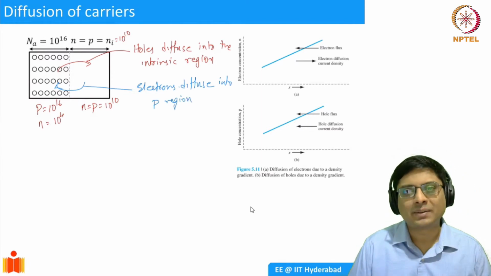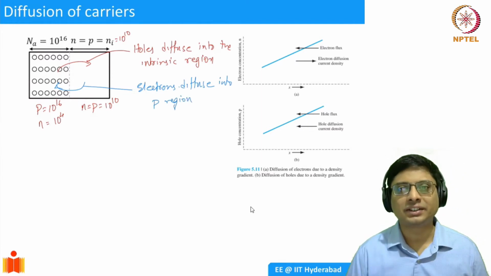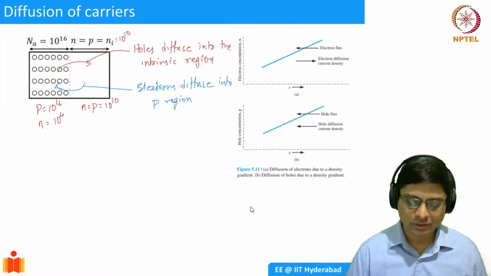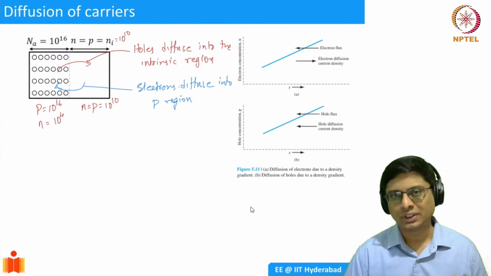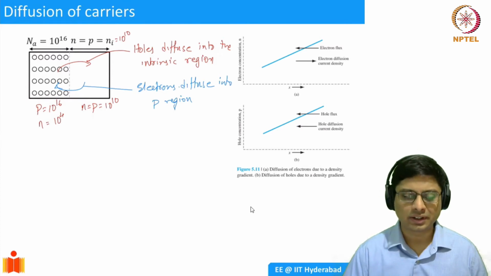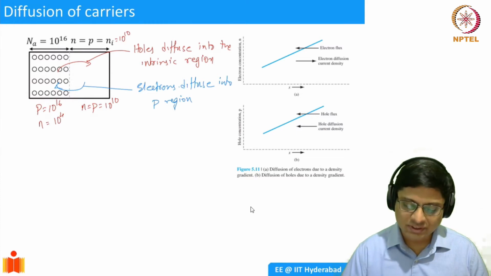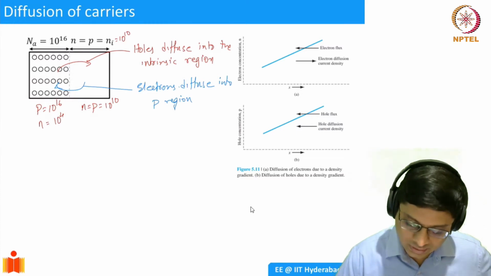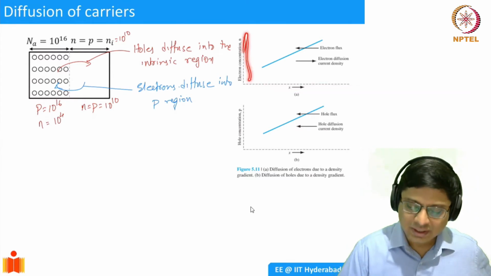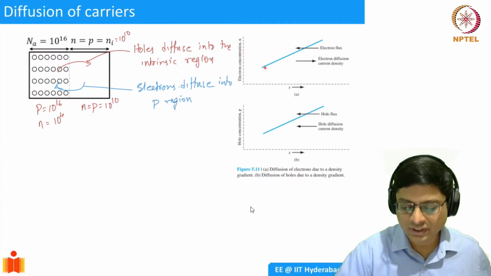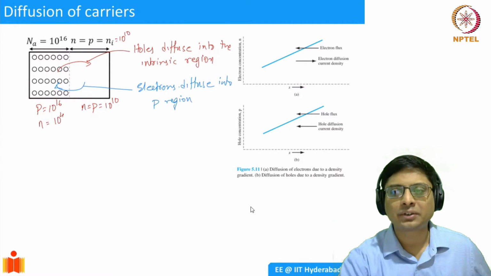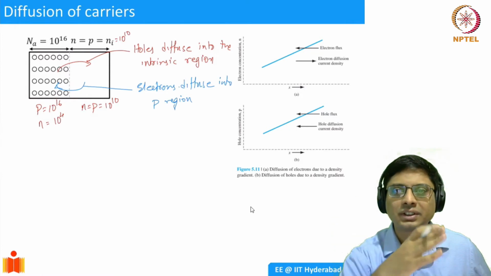Essentially, we saw that in drift both electrons and holes were contributing to drift current. Similarly, in diffusion you have both electrons and holes. So basically, majority and minority carriers both will contribute to current conduction in any case. You could also understand it from this picture here on the right, which shows, as a function of position x, the electron concentration. Let's say the electron concentration is like this. So there's a positive gradient to the electron concentration. You have a higher electron concentration on the right and lower on the left.